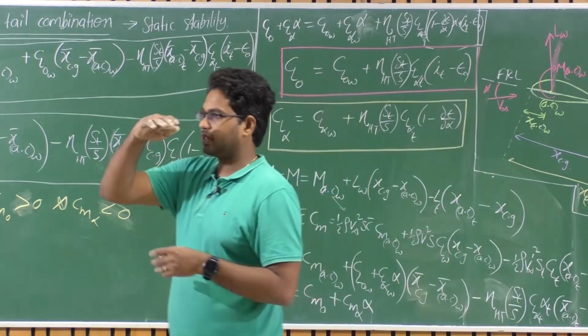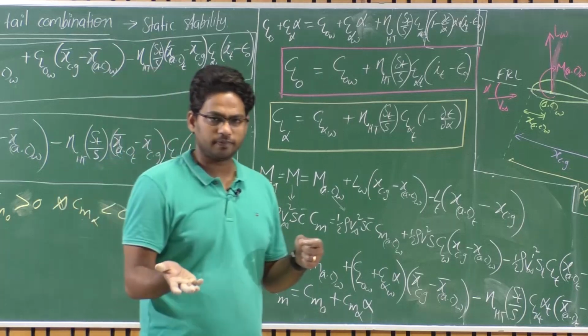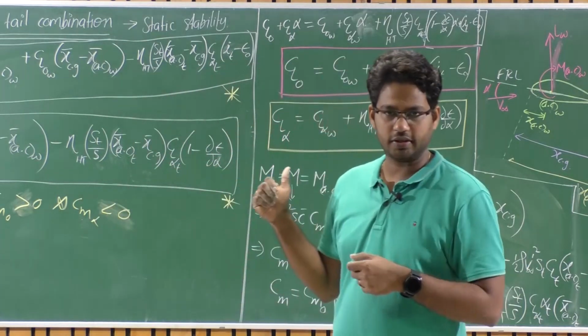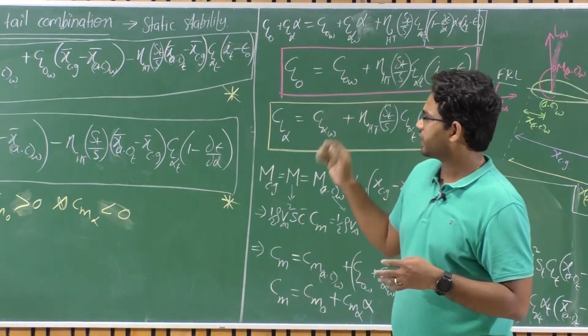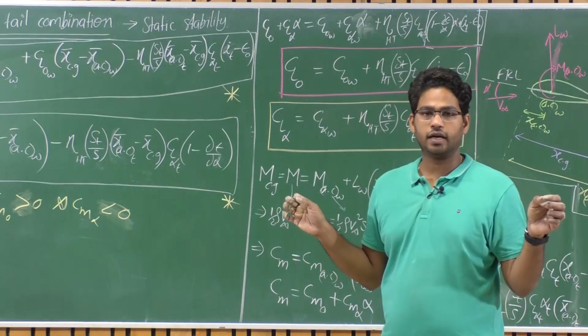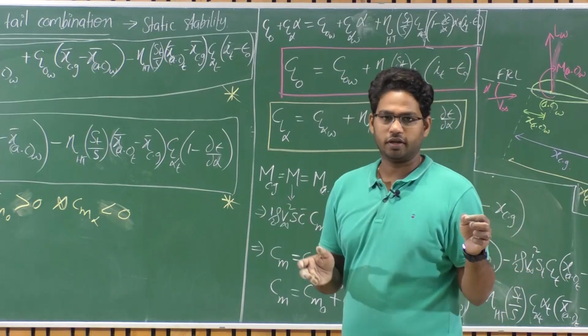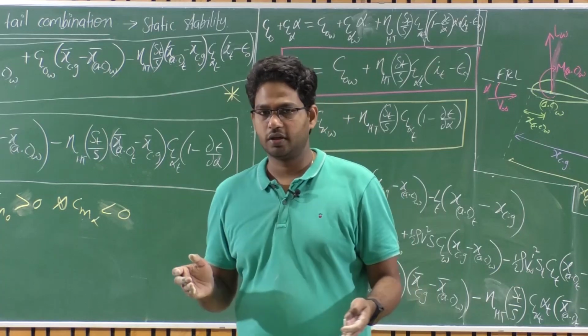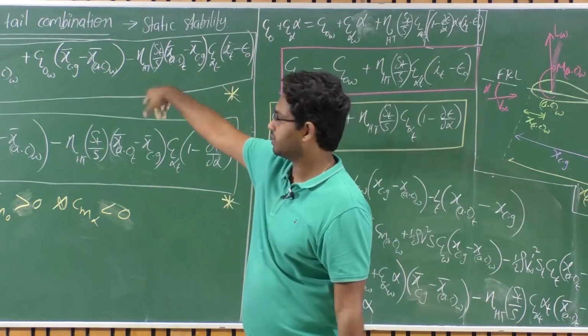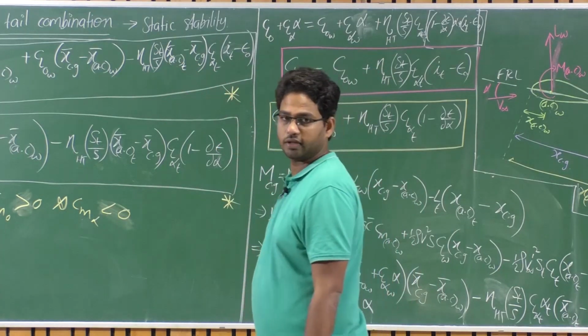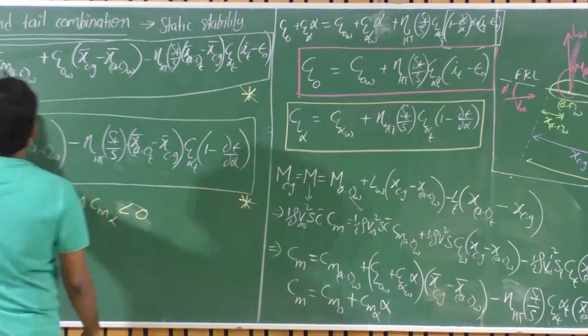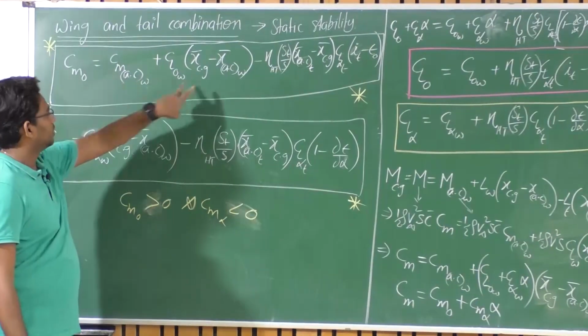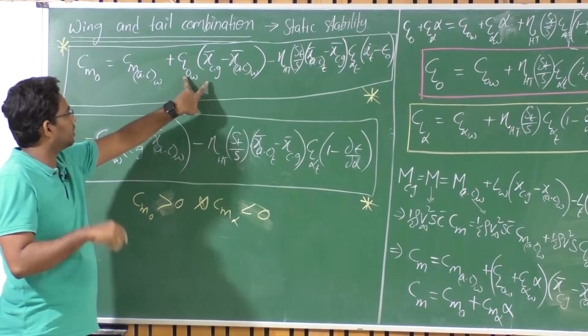Due to that we are compromising with the camber, that means we are compromising with the CL alpha, which we have witnessed. But in case of a cambered aerofoil, you have very high CL alpha compared to the reflex aerofoils and the normal aerofoils. But you have to compromise with that negative pitching moment here, right? So you have CMAC negative here, and if this is positive, this contributes towards positive.